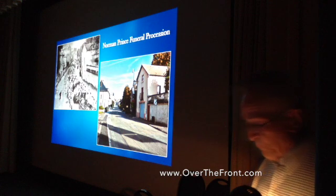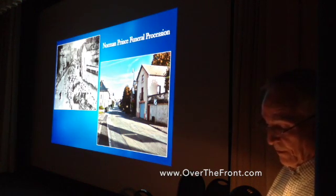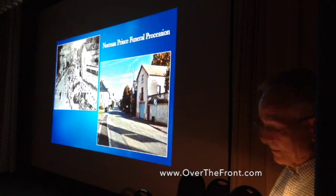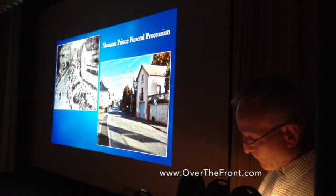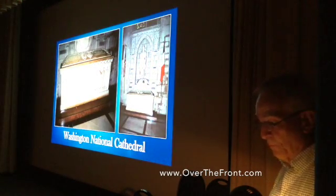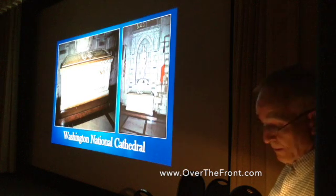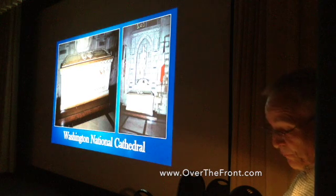And here you see on the left Prince's funeral procession as it marched through downtown Luxeuil, and on the right the same view as it appeared recently. His body was eventually moved from his original grave at Luxeuil to this beautiful setting in the Washington National Cathedral,